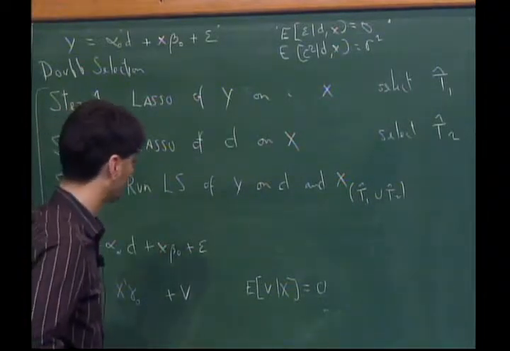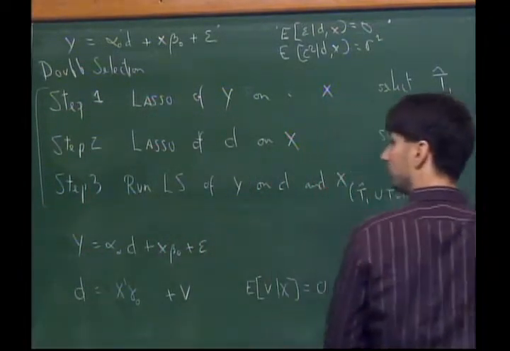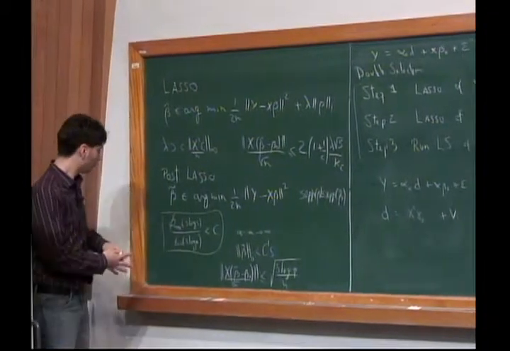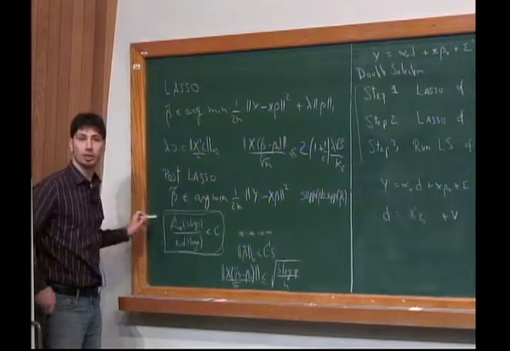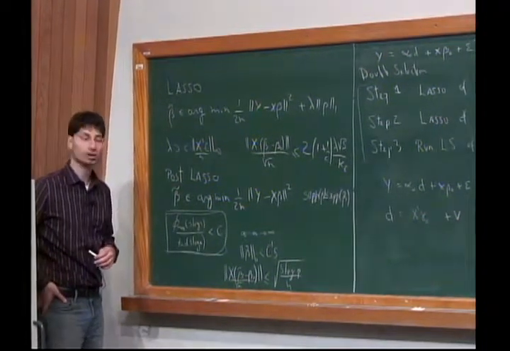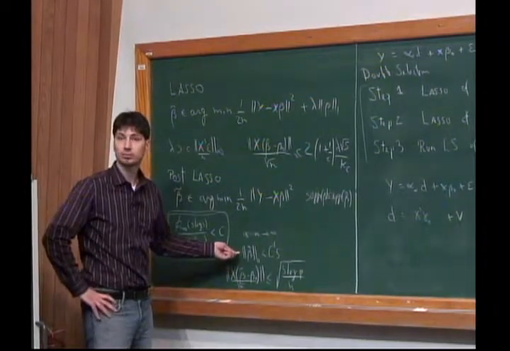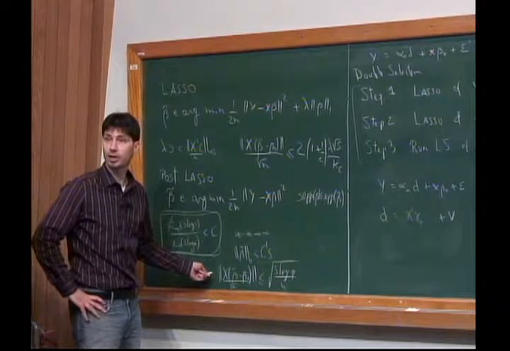So how can we analyze this in 15 minutes? First we're going to build up on everything we did in the last 3 classes. I'm going to assume I have some reasonable condition like this: minimum and maximum eigenvalues are good. So I actually have a sparsity of Lasso, and I have good prediction rates.